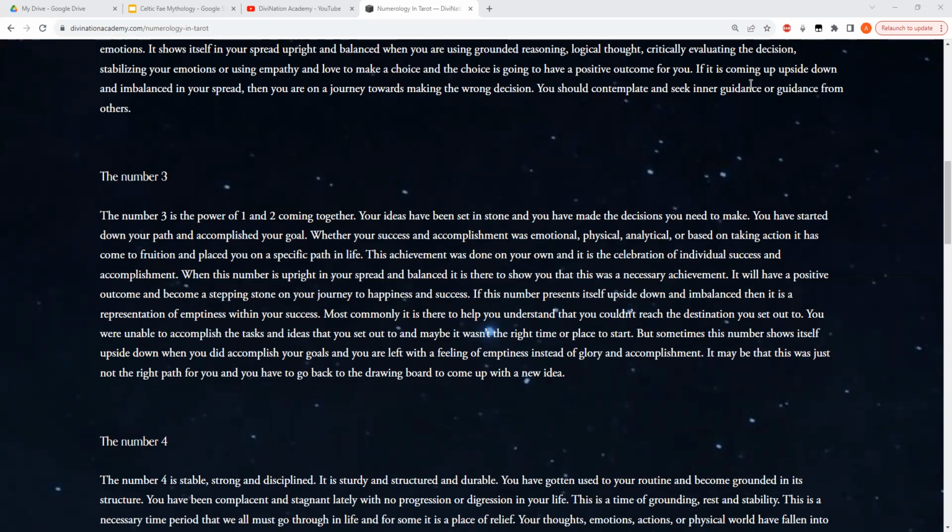Whereas the Six would be something that took a group to accomplish. One of the examples that I really like to use is college. The three represents that you decided to go to college, you applied, you got in, and you got an A in your first class. Most of that was you. That was your accomplishment. You got an A in your first class, you got accepted to college. This is the number three. You did most of those things on your own.